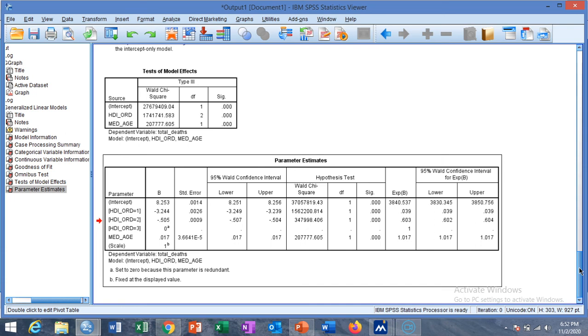You should check the assumptions of equal variance and mean. If the variance and mean are not equal, then you can opt for the negative binomial model. If there are many zeros in the data or in the response variable, then you can opt for the zero inflated Poisson, and these models will be discussed in upcoming lectures if we have enough time to discuss them.